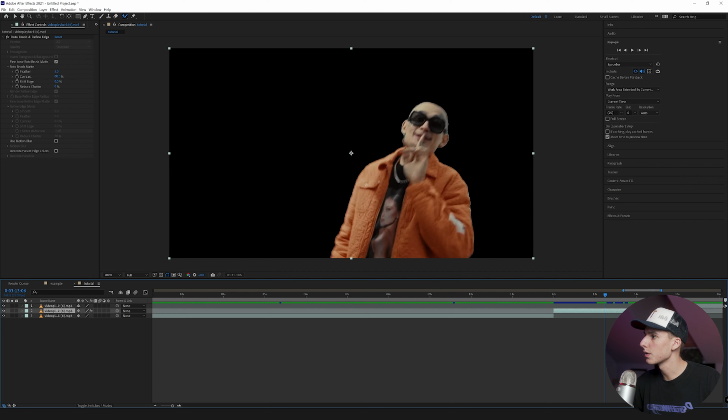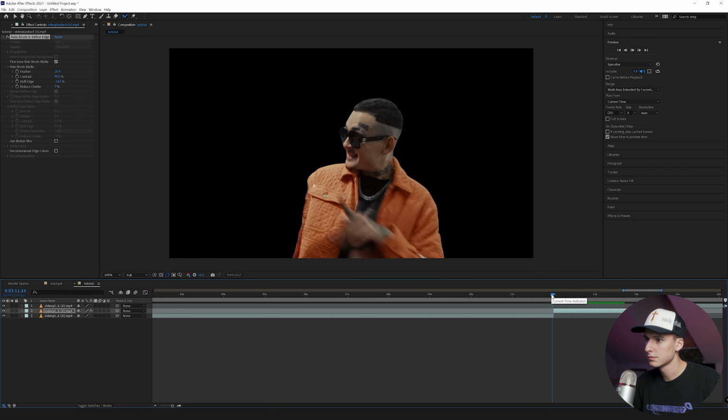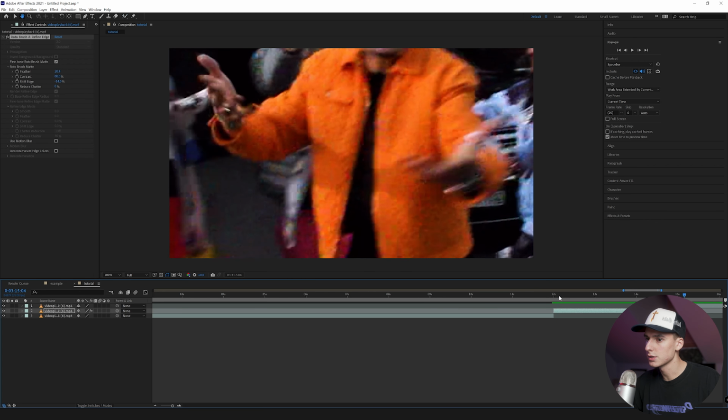I always like to play around with the RotoBrush matte layer a little bit. Maybe bring up the mask just a little bit so it's a little smoother, since it is a smooth looking effect. And then I'm going to bring in the shift edge just a little bit so the edges are a little more contained. And we can play through that and see what that looks like. I think that's a really clean rotoscope.